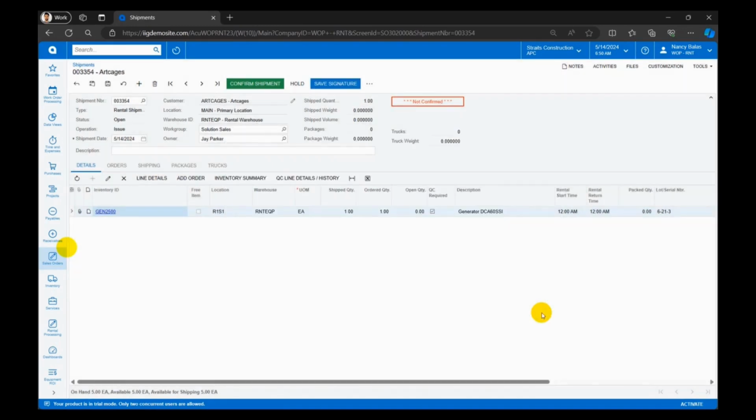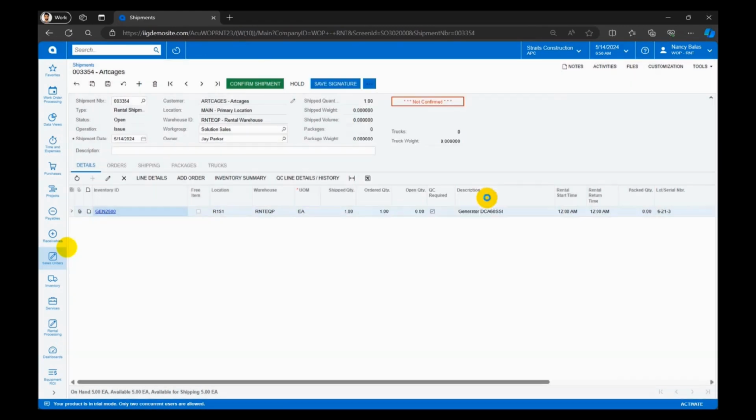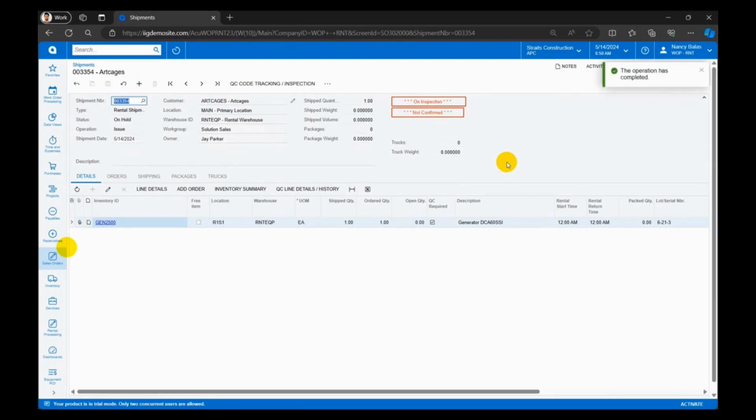Then click OK. Then before confirming the shipment we need to perform a QC inspection if you have selected an item with QC required option. Click QC Inspection. Now it's time to do the inspection. In the QC code tracking inspections,